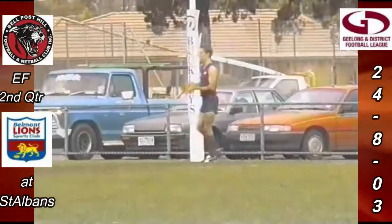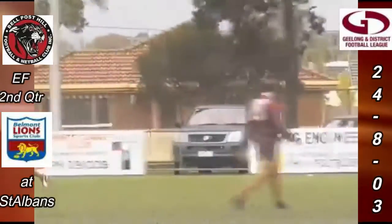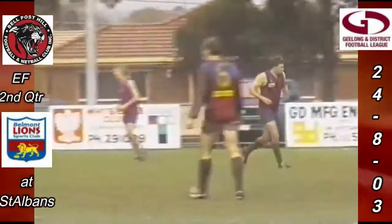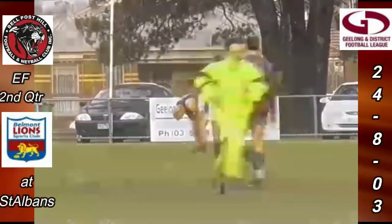No, he's pretty good. Stands the ground and handballs it away. No, he's a very good player. Sean Simmons from fullback for Belpost Hill, out towards 50. Good kick. Wells, Sean, off hands at the back, pushes in the back or a hold to Sean Wells in that marking contest. So he'll take the free kick